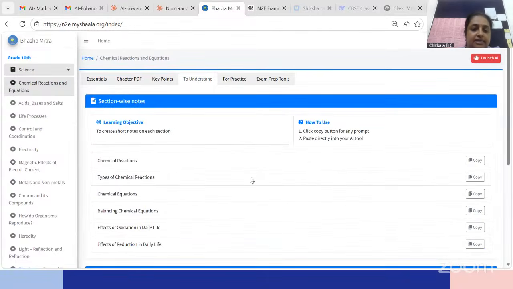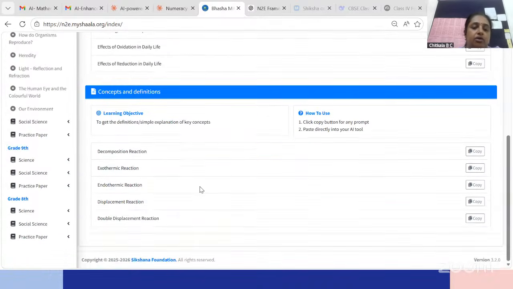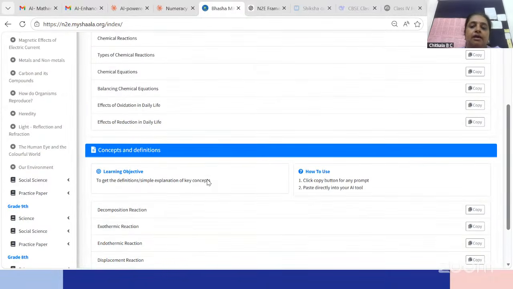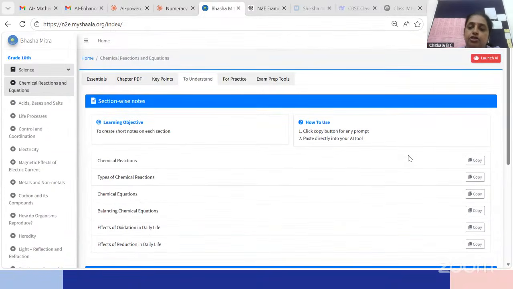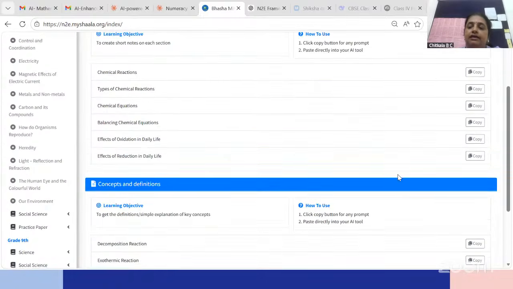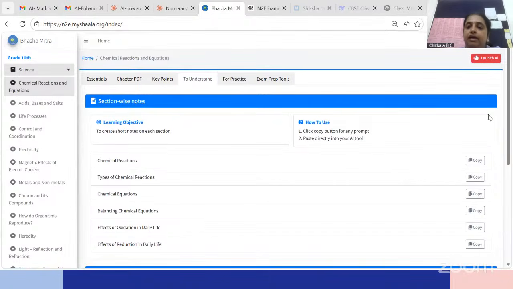And under understand, there are sections that the child can use if they want help with understanding, and then there are simple concepts. What we have tried to do is pre-feed the optimized prompt, so that the student is not caught in the trouble of creating the prompt. And then we have one